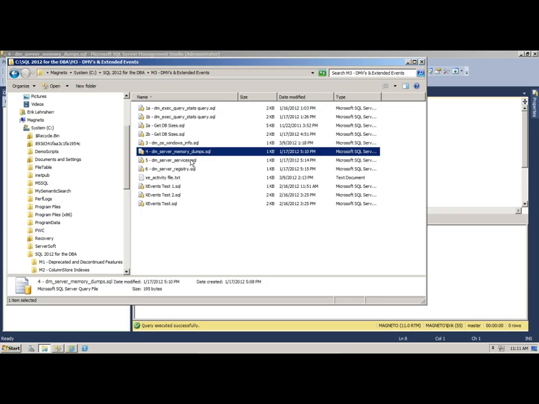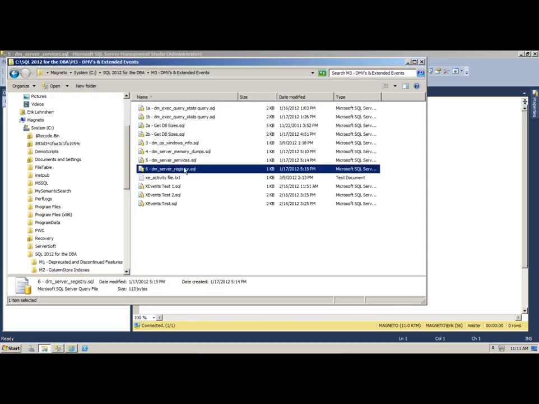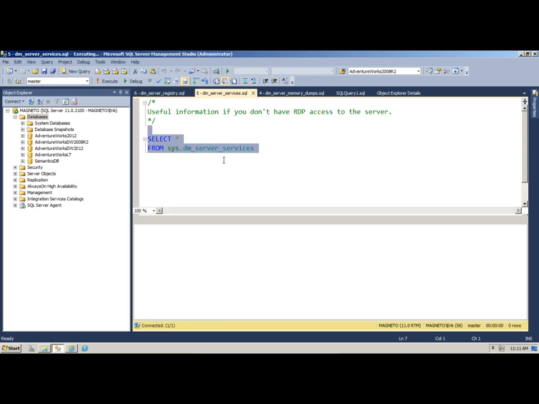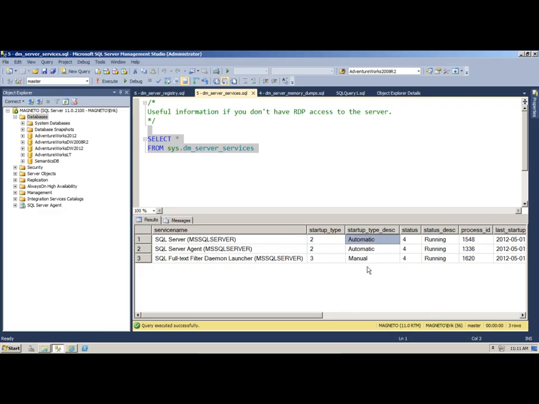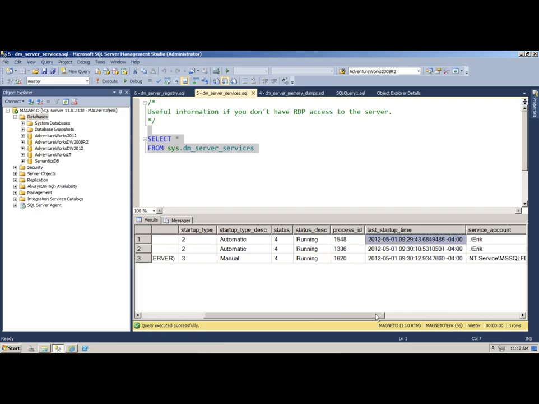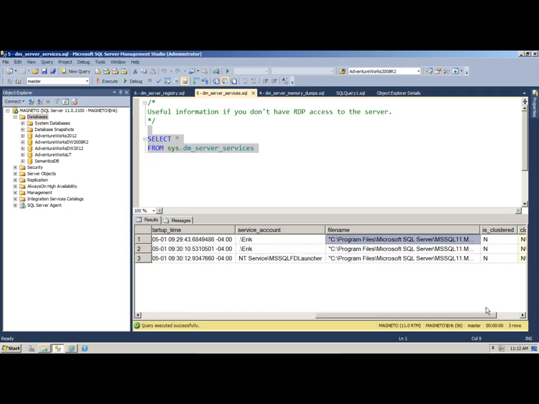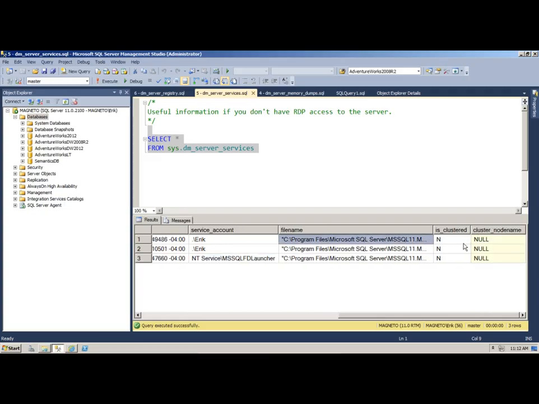There are two other very useful DMVs that are good if the DBA doesn't have physical access to the box. This is a list of all server services, and it tells you exactly what the startup type is for each service, what the status is, the process ID, startup time, last startup time, the service account that it's using, and the executable that it's using, and very interesting, is it clustered, and what is the cluster node name that it's running on. So this will tell you, if you're in a cluster situation, what actual node that service is